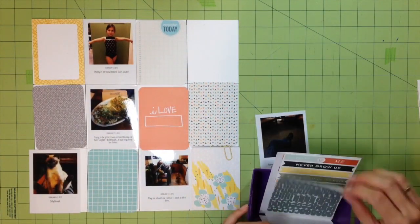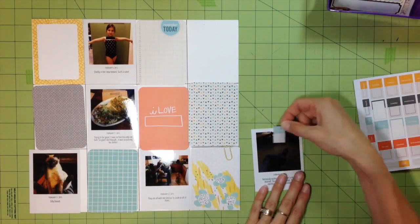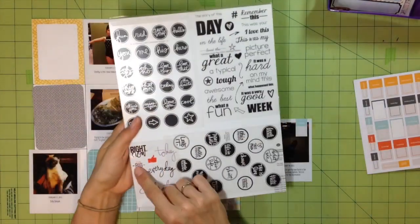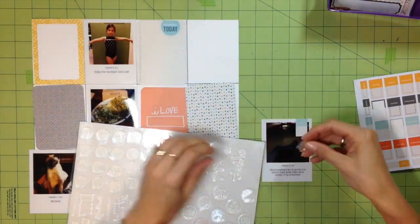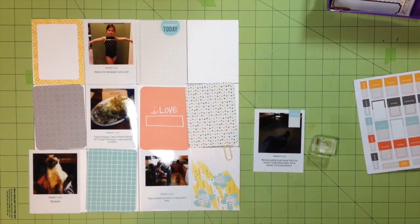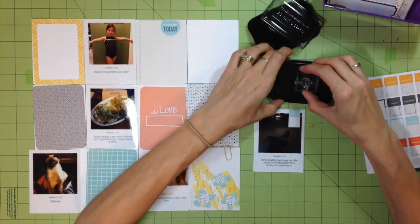This is for week 7 and I'm using a lot of the cards that came in that Grab Bag Scraptastic kit that I told you guys about before, and then I'm also using quite a bit of things from my stash. Here I'm just using one of the Heidi Swapp stamps, and I'm going to use the StazOn ink because